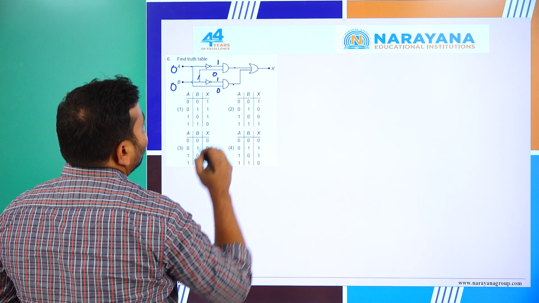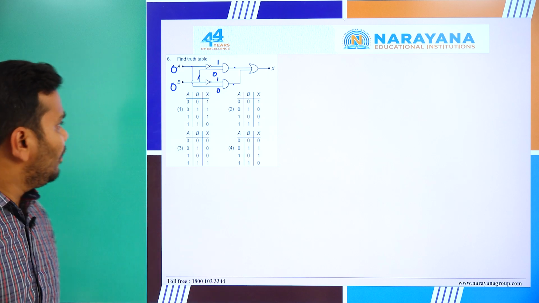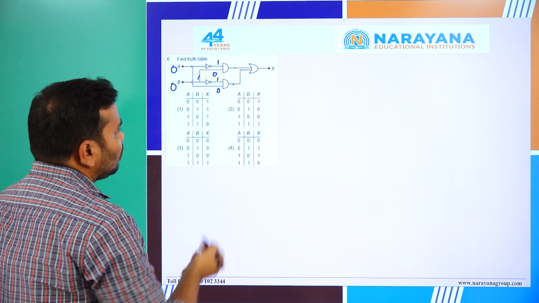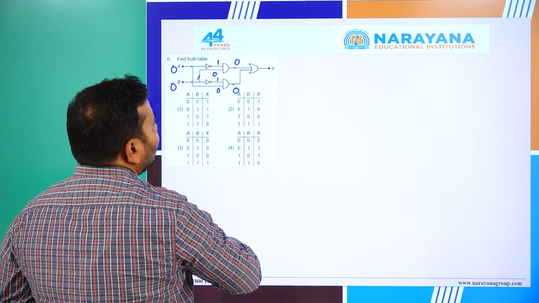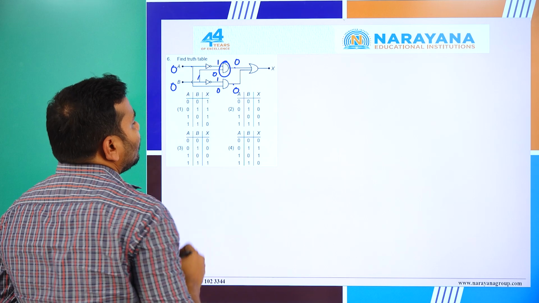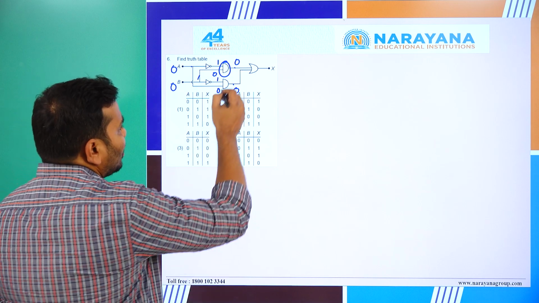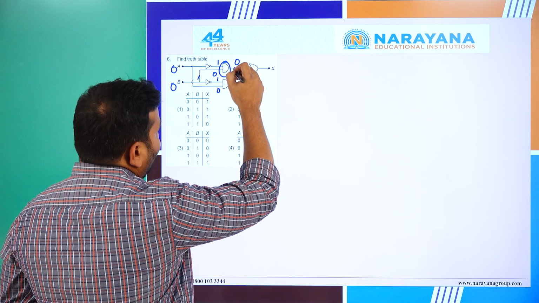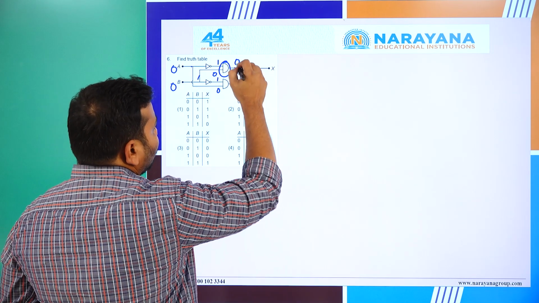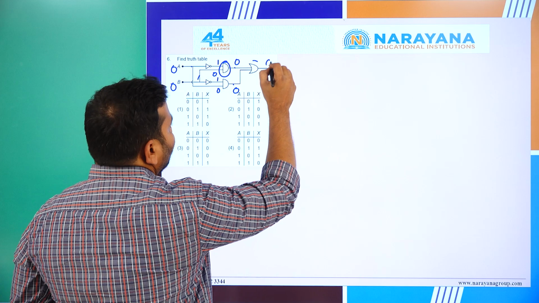Now if you think about the output here, this is an AND gate. The basic definition of the AND gate is that only when both inputs are high is the output high, otherwise the output is low. So I'll get 0 here and 0 here. Why? Because for this AND gate, one input is high and the other input is low, so obviously the output is low. Same thing with this AND gate also. Now these outputs, 0 and 0, are given to this OR gate. Let us check the output, and again you will get 0.